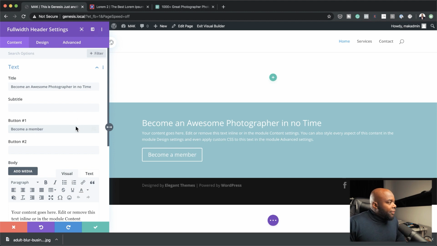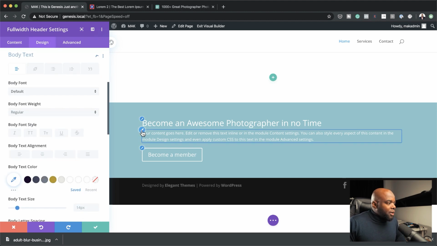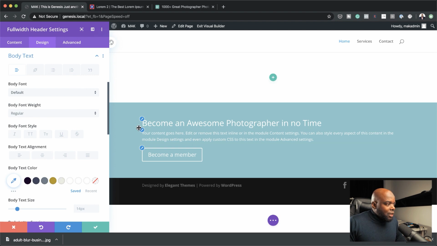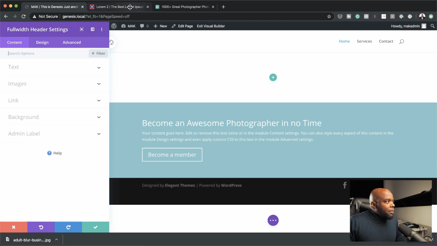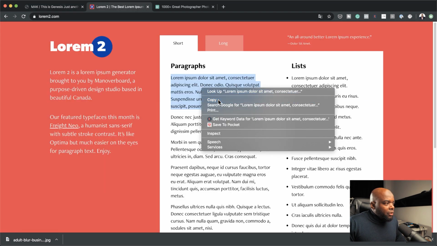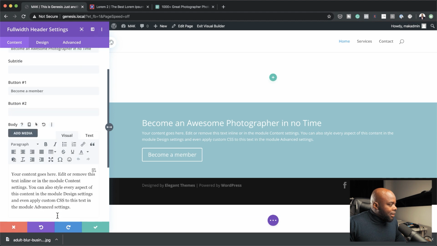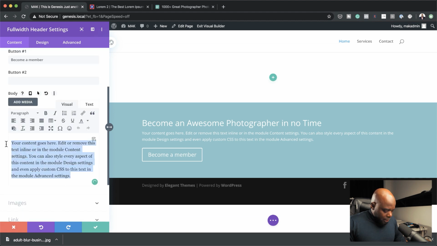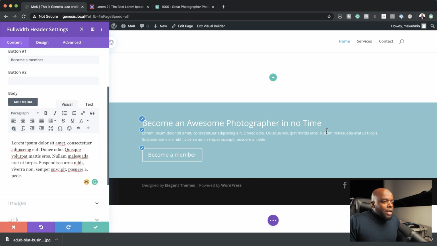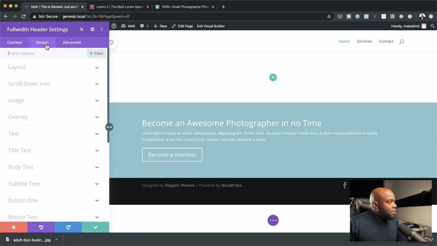Like that. And then this text here, of course, we're not going to spend too much time trying to work out what this text is going to be. So what I'm going to do here is I'm just going to use some lorem text. I'm going to copy this from lorem2.com. And then over here on the content, I'm just going to paste it here like that. Great. So now that we have all our text, the next stage now is to come over here to design,